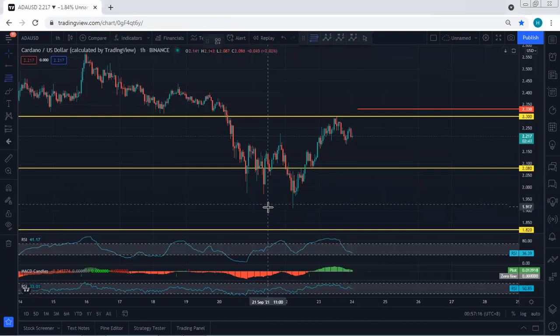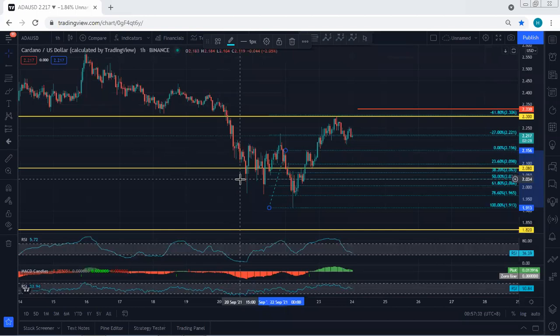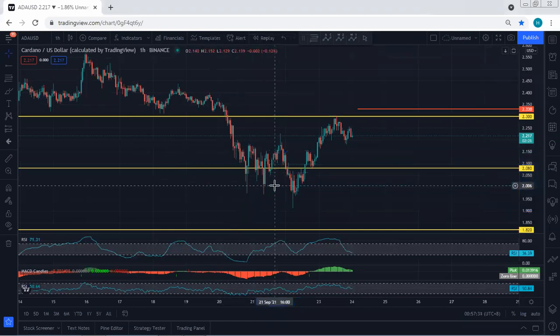First thing, even if we put my fib here, we see the price broke 27%. And after that, we see the price even took 61.8 as the first and second target. Now, for those traders who still keep the trade, if they want to keep the trade for the long term, move their stop loss to break even. If not, at least they can take out the trade at a small profit.